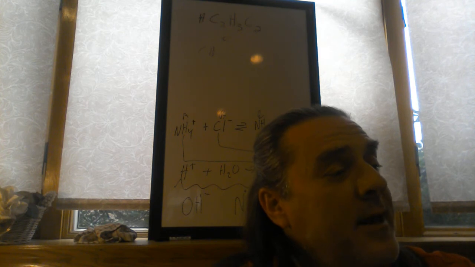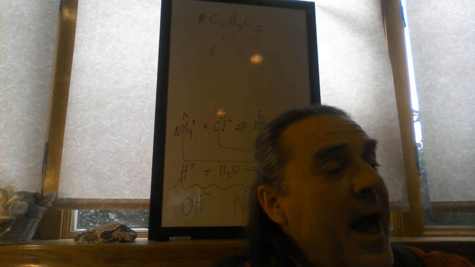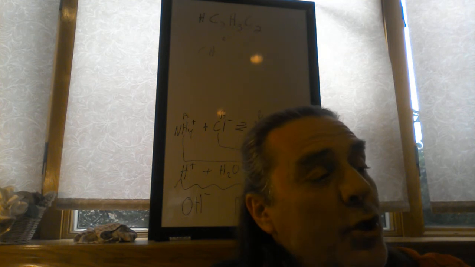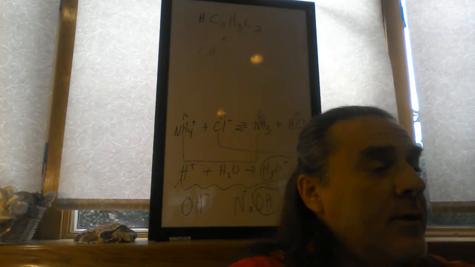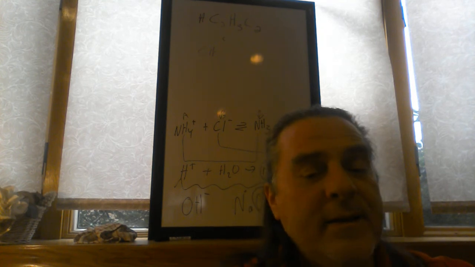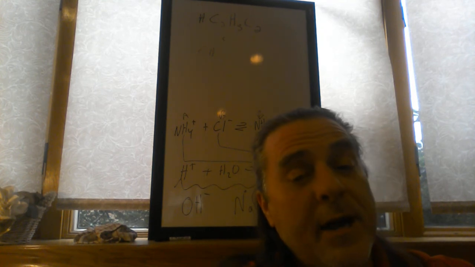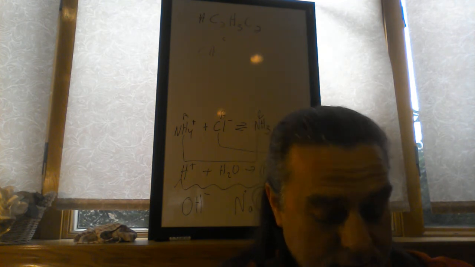Number 18. A student observes that an unknown solution conducts electricity. That means it's an acid, base, or salt. And it turns blue litmus paper to red. Red is the low pH side. So that would have to be an acid. Number 19. An aqueous solution of an ionic compound, that could be a base or a salt, because remember I